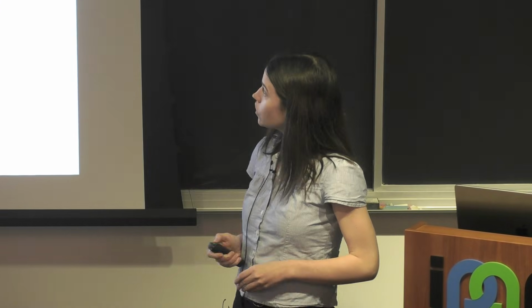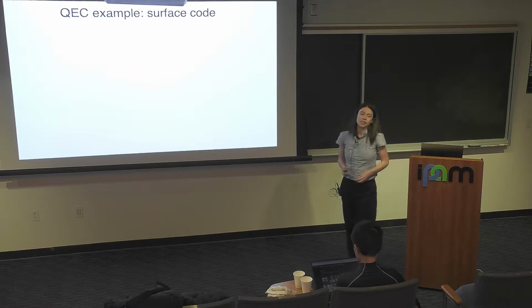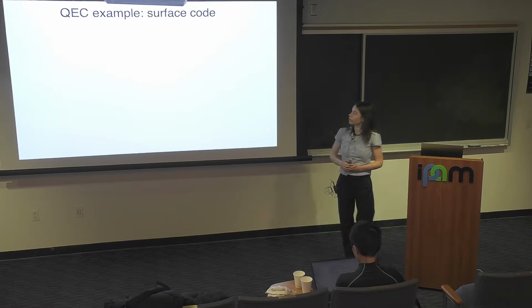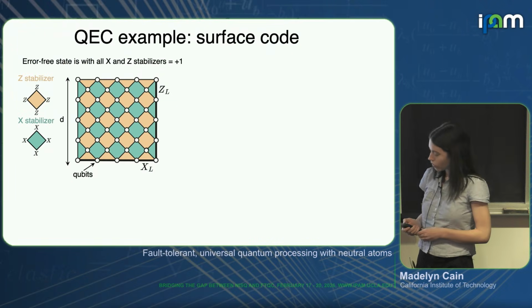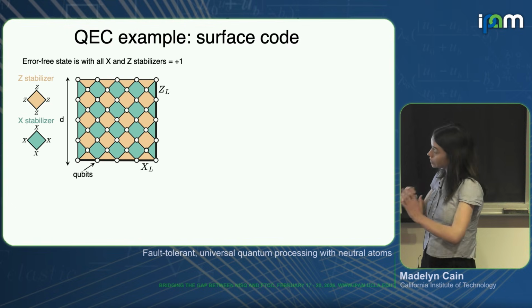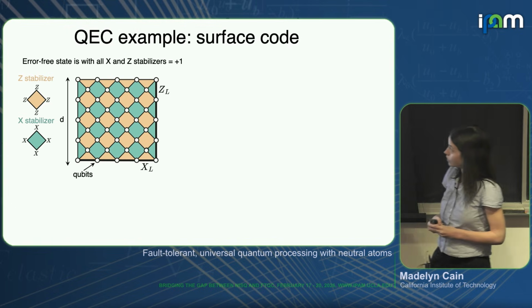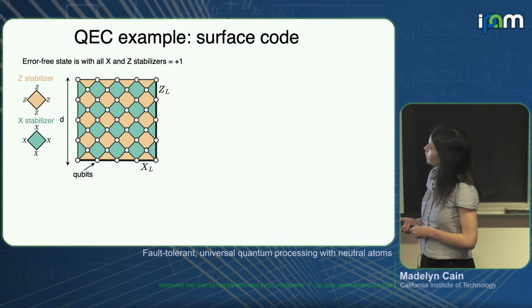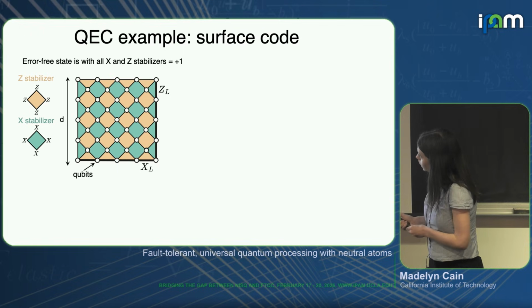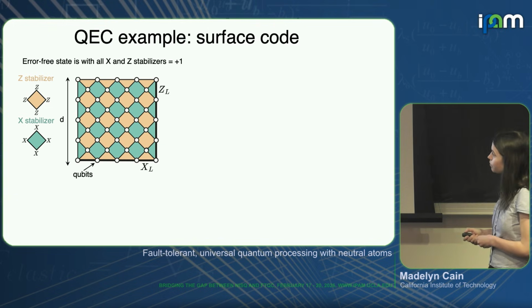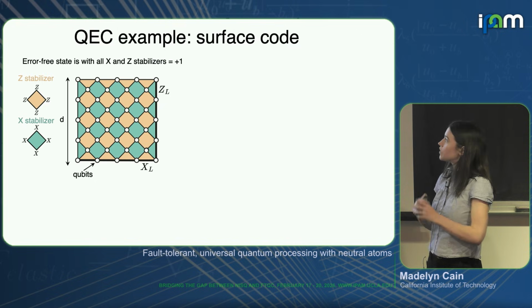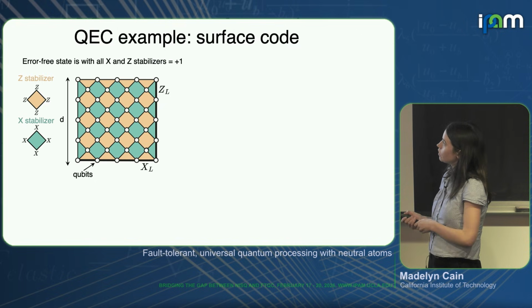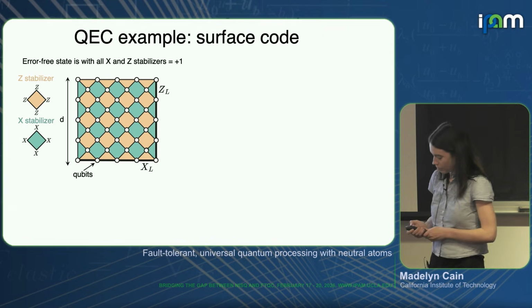And so I think the simplest example that one can use to understand how quantum error correction works is the surface code. So you can think of a surface code as a product of 2 repetition codes. One whose job it is to protect against X errors, the other whose job it is to protect against Z errors. And it exists on a 2-dimensional grid, shown here, of data qubits. And the tiling is the stabilizer operators that we'll use to detect and correct errors. And we'll say that the error-free state is the one with all of the stabilizers, either X-type or Z-type, equal to +1.